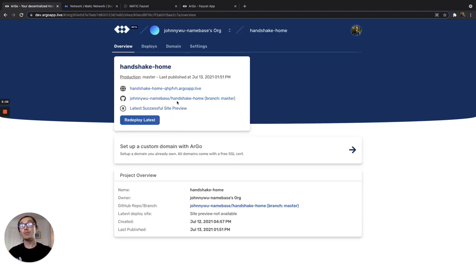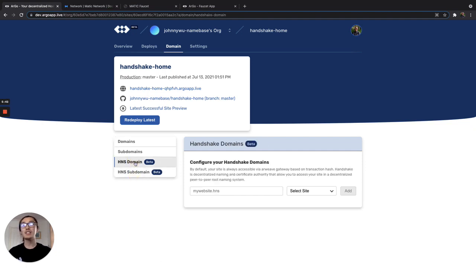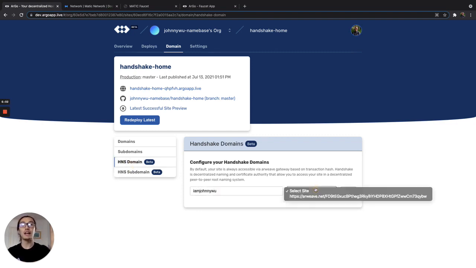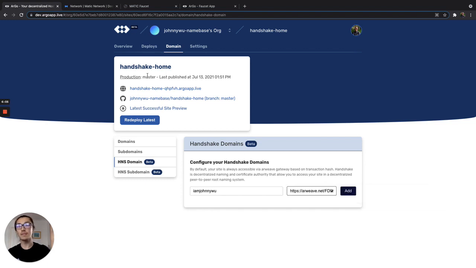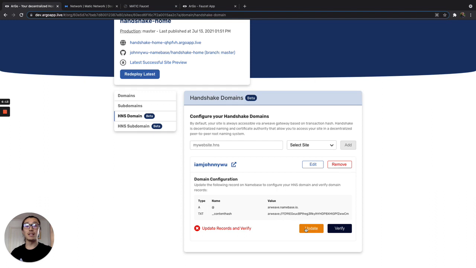Once it has been deployed, you can set up a custom domain, or just click right here. And you'll see a HNS domain and HNS subdomain. For HNS domain, this means if you want to use the TLD alone. For HNS subdomain, this means if you want a subdomain. So I'm going to be using my I am Johnny Woo handshake domain. So here I would just literally type in I am Johnny Woo, and then I would select my Handshake Home site, add it, and then update my records,